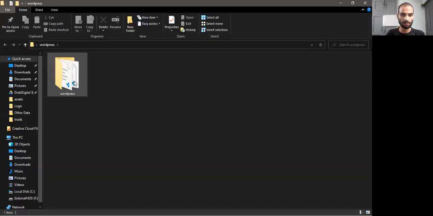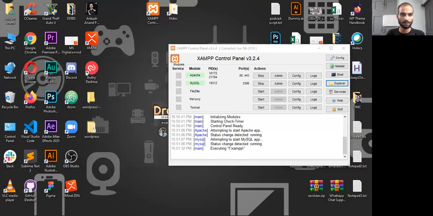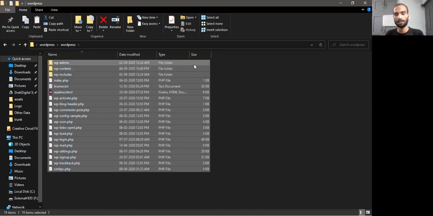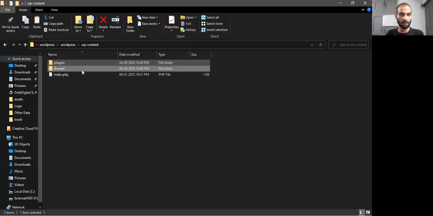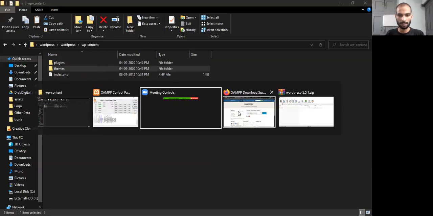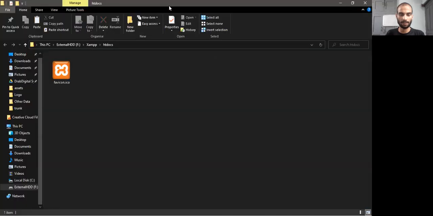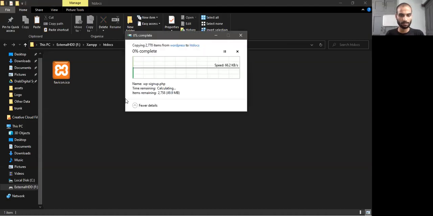I will just copy these files from here, all these files from here, copy. I will just copy using normal options. Here I have to upload them in that htdocs folder. So just double click on this htdocs shortcut and then paste the files.